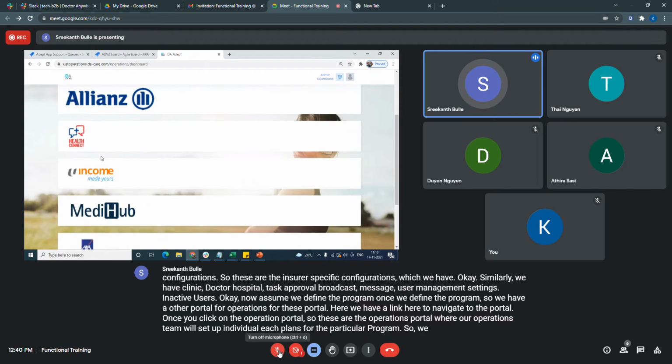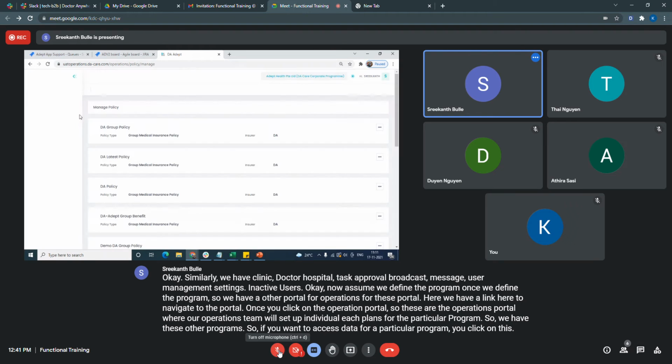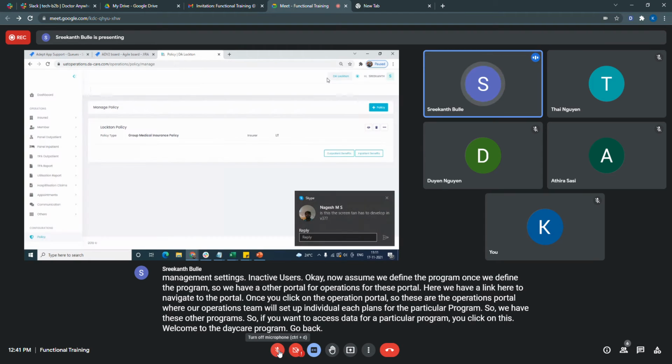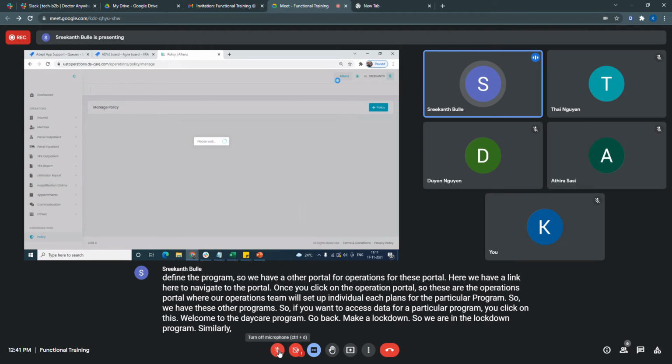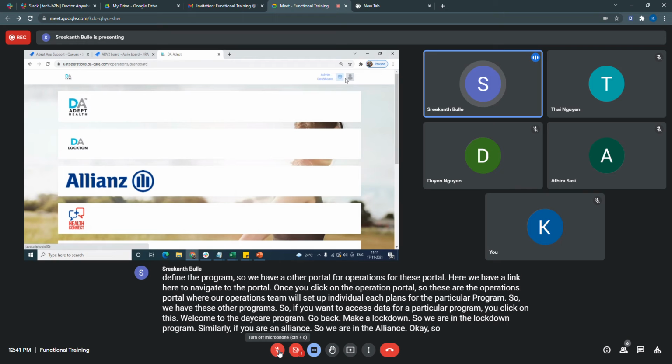So we have these other programs. If you want to access data for a particular program, you click on this. Welcome to the DA Care program. Go back. DA Care Lockton. So we are in the Lockton program. Similarly, if we are on Alliance, we are in the Alliance. Okay, so these are the different databases we have.